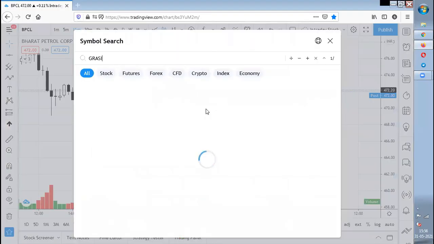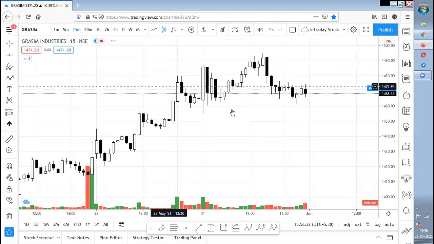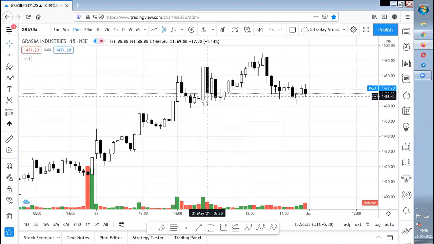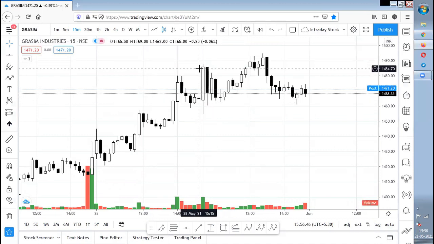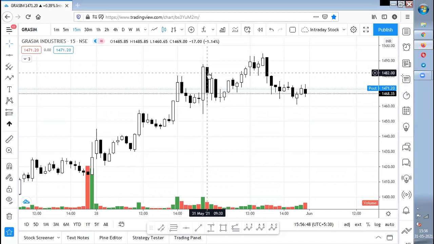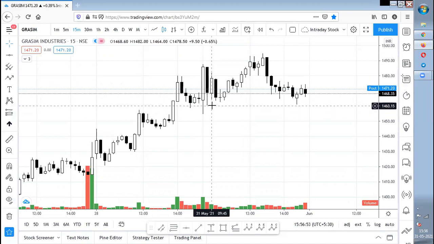And then Grasim. Again, the first candle: if I multiply this candle by 2, it will be more than this, so the first failed. The wick should be at the top because this is a green candle and we are going to go for the sell side. There should be a wick at the top, but there is not much wick, so the second criteria also failed. The third one is opposite color, but the entry is not even triggered. The first and second criteria failed, so we should not consider Grasim.